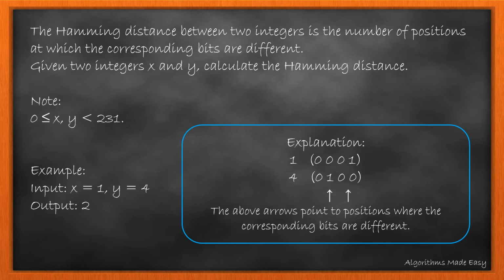The Hamming distance between two integers is the number of positions at which the corresponding bits are different. Given two integers x and y, we need to calculate the Hamming distance. For the example given, we can see that the two bits shown by the arrow differ, so the output is